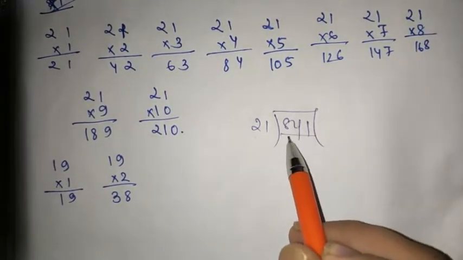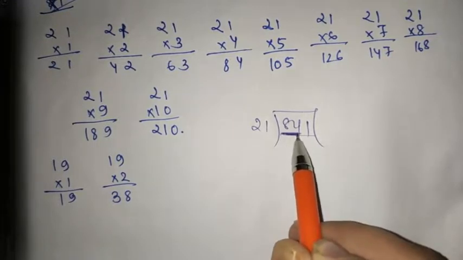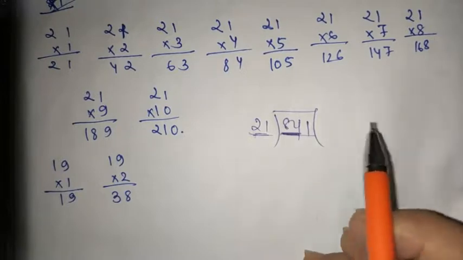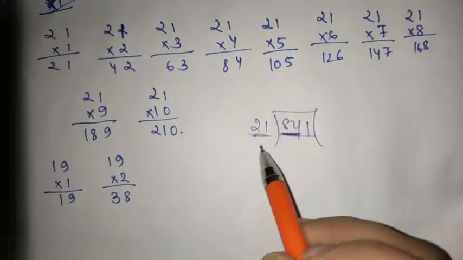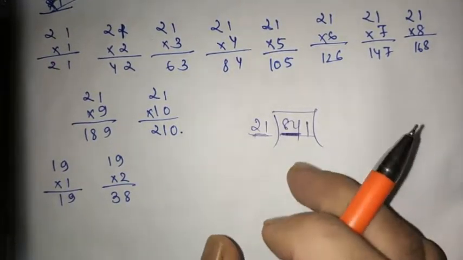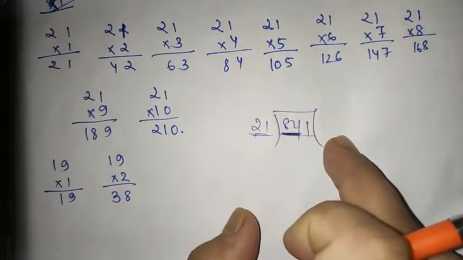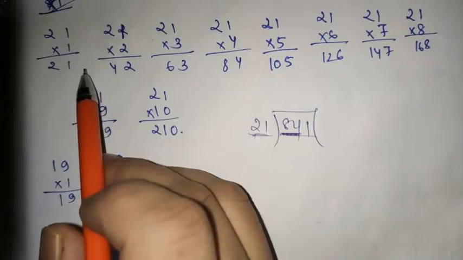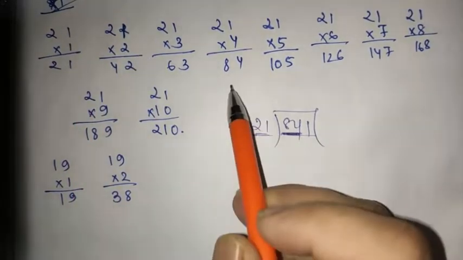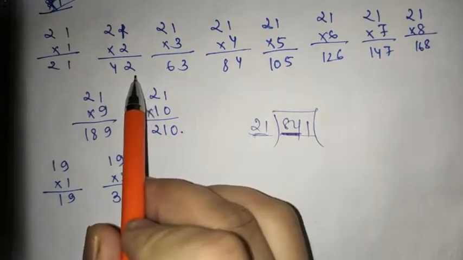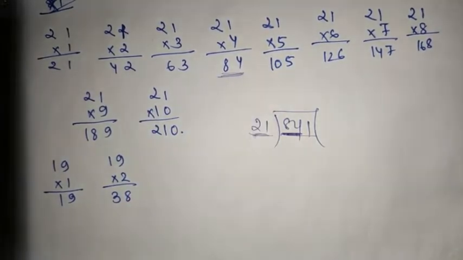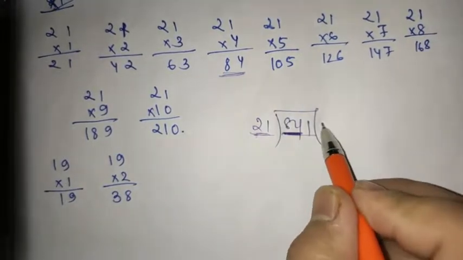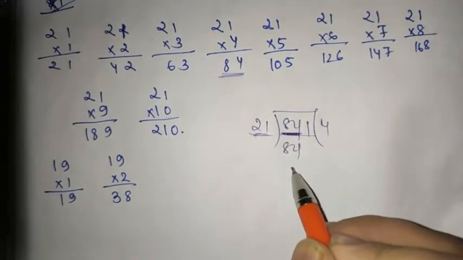So first of all you look at this 84, okay, because this is a double digit number. You cannot look at a single digit because 21 twos cannot be 8, no? So you have to look at the double digit here, or if you want to divide directly, you can divide directly also if you know the multiplication table. So just see in which multiplication you get 84. When you multiply by 4, you will get 84, right? 21 4s are 84, right?